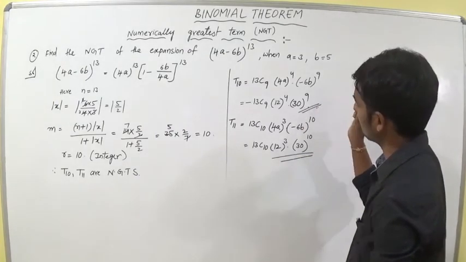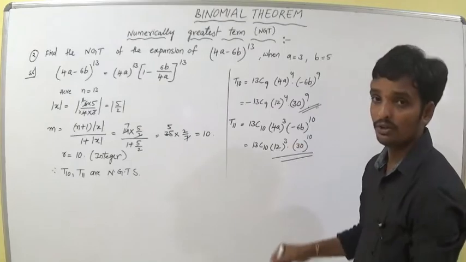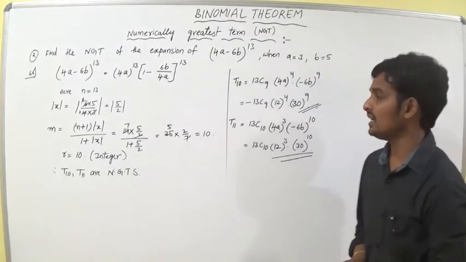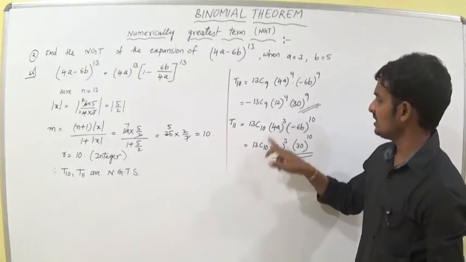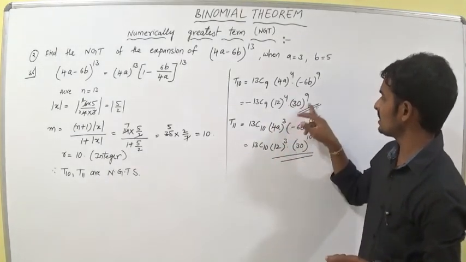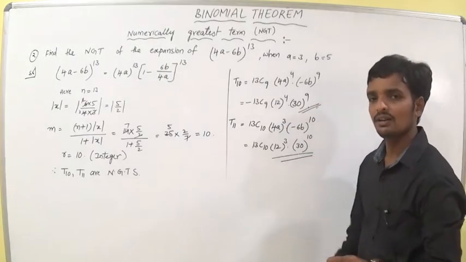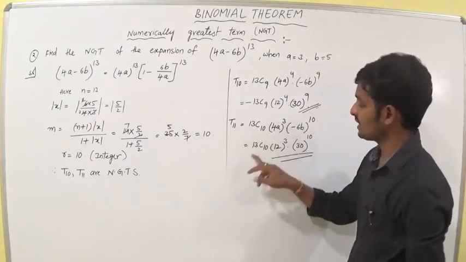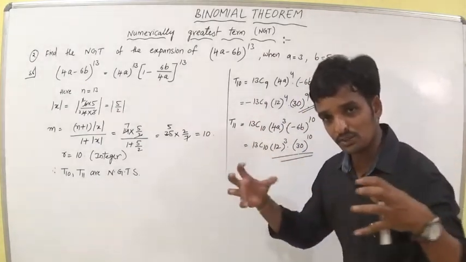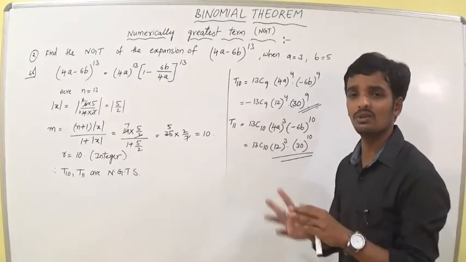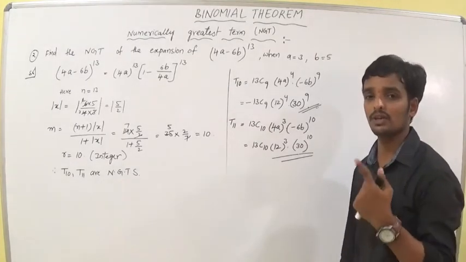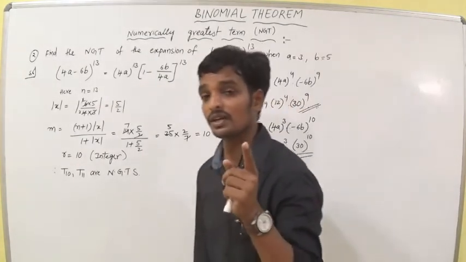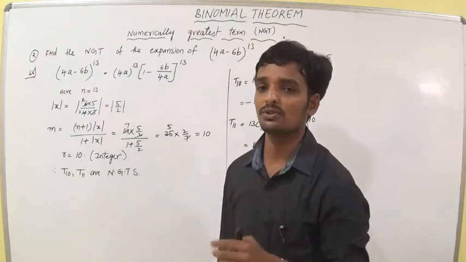If you have any doubt in your mind why these two are equal, you can check yourself. 13C9, but here 13C10, here 12 to the power of 4, here 12 cube, here 30 power 9, here 30 power 10. Why are they equal? If you have a doubt, we have to check the value of this and the value of this, and equalize both. Here we are getting 1 is equal to 1. I am surely telling you these two are equal. If you have doubt, you can check and reach the conclusion.